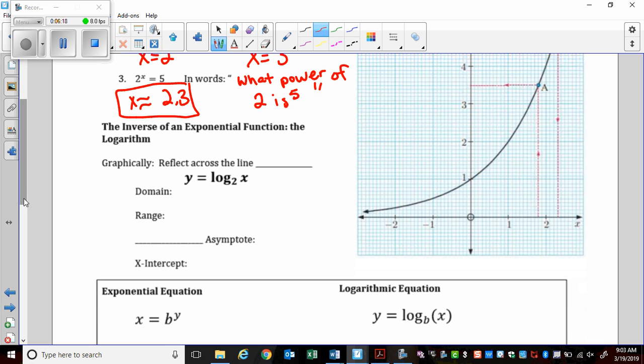The inverse of an exponential function is a logarithm. So graphically it reflects across the line y equals x because they are inverses of one another. Logs and exponentials are inverses of one another. So there's this line y equals x, and it is going to reflect across that line. The domain of a log, let me just kind of graph it. It's going to look something like